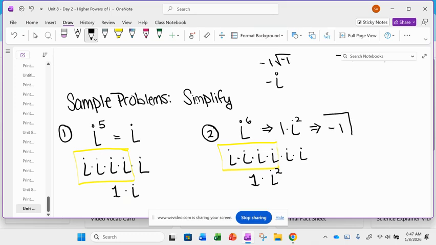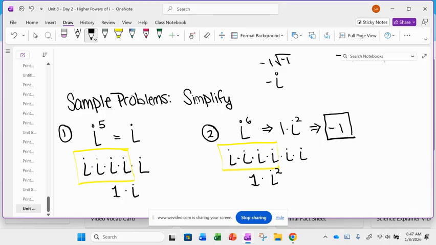-1. You got it. Any shortcut instead of writing the i's out so many times? Any shortcut? What can we do? I feel like division, and whatever the remainder is, that's like the exponent. You got it. So we're going to take the exponent on i, and since we're trying to basically create groups